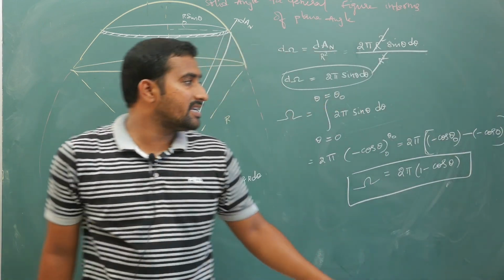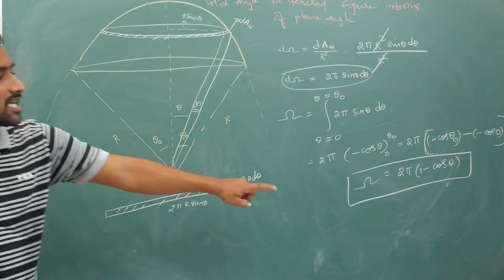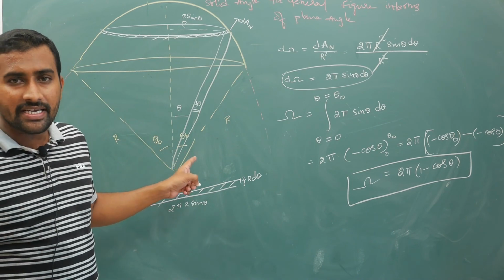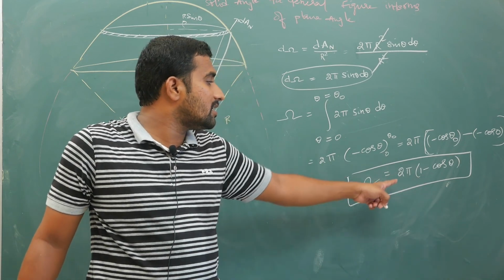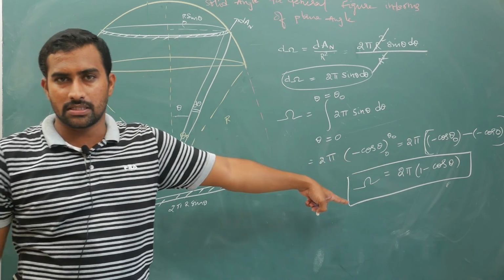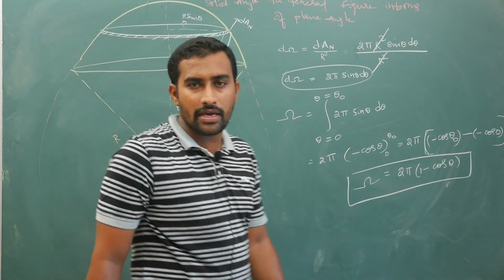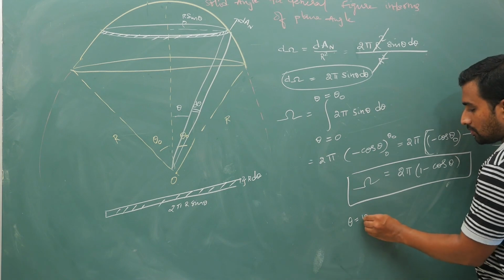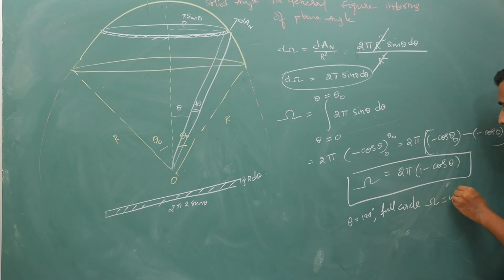So now I have related my solid angle with plane angle. Now to check whether this result is correct or not, for full figure, theta naught means 180 degrees, cos 180 is minus 1. So your solid angle is 2 pi times 1 minus of minus 1, plus 2, so you are going to get 4 pi steradians. And for half circle, you substitute theta equal to 90 degrees accordingly. So this result is correct, because when theta is equal to 180 degrees, full circle, your solid angle is going to become 4 pi steradians.